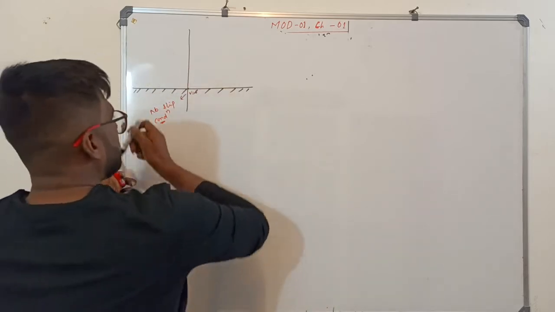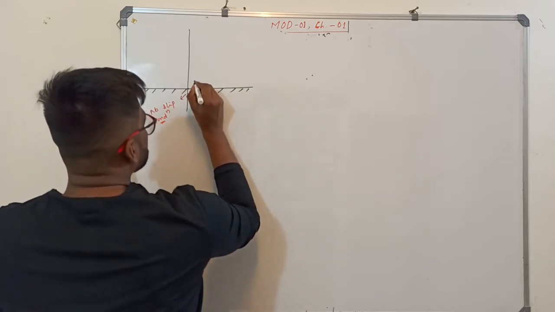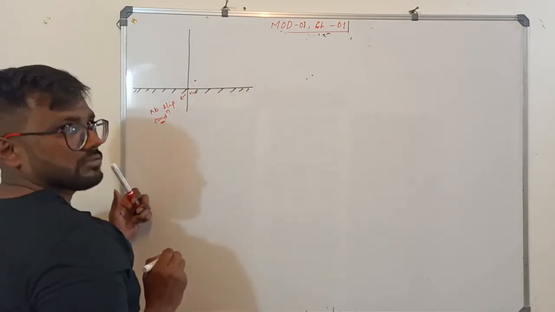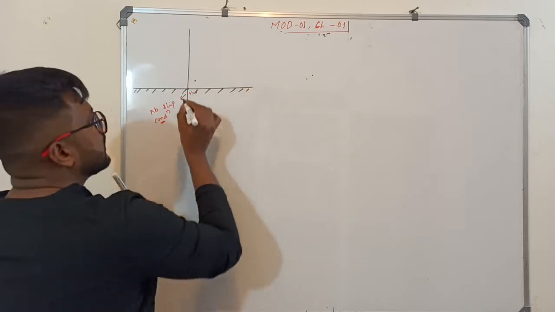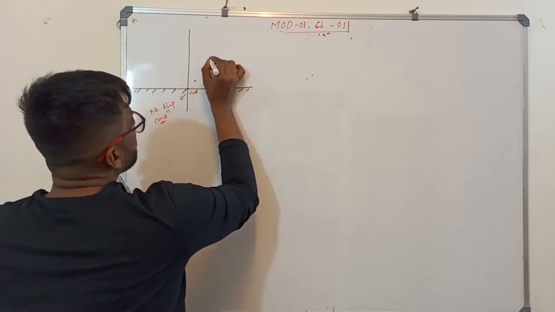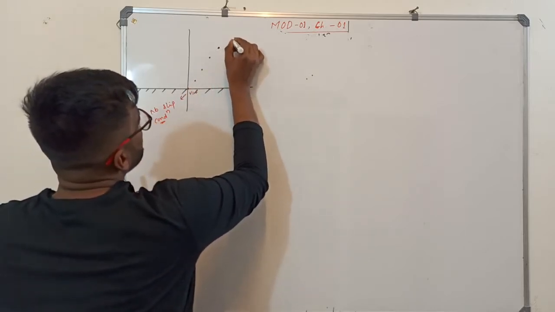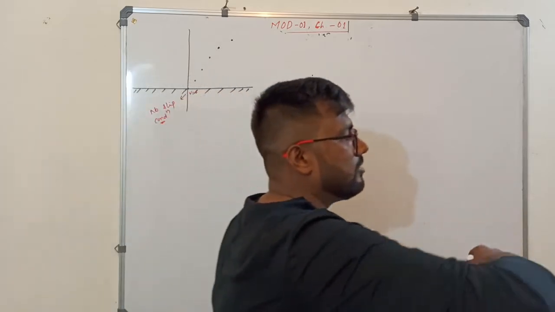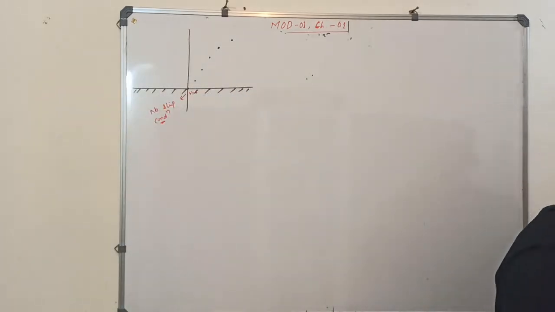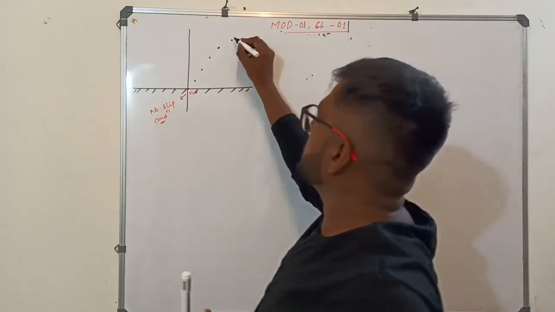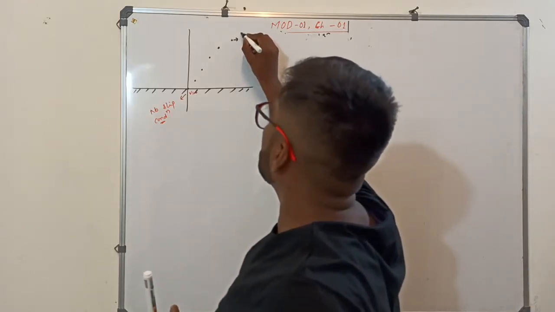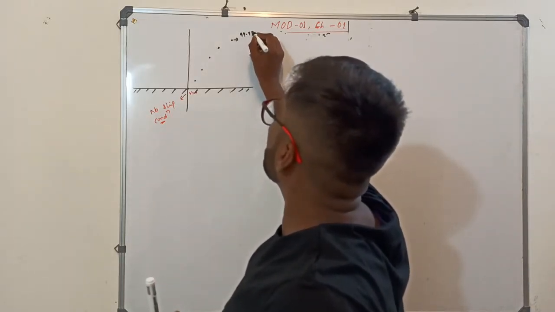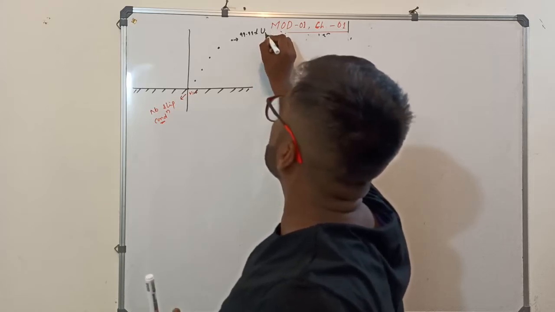Okay, so what will happen? The next fluid particle, let us say it is having a velocity u, a little more than this, then a little more, then again more. Then there will be a depth at which the velocity of this particle will be around 99.99% of the free stream velocity.